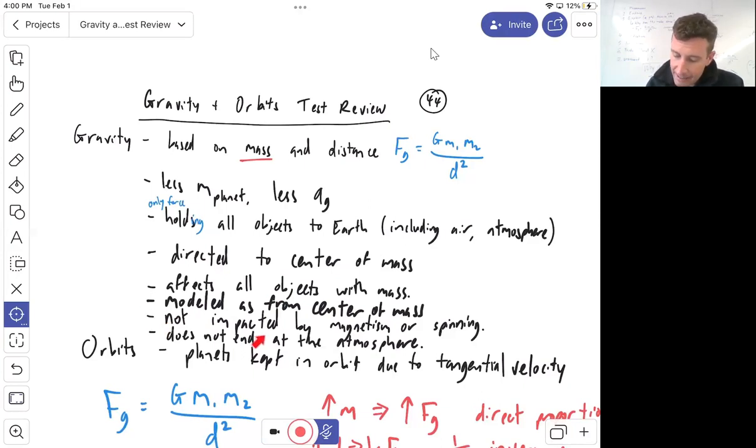Gravity is not impacted by magnetism or by the Earth spinning. It's just by the mass and the distance between those masses, and gravity does not end at the atmosphere. It continues out indefinitely, although it decreases at an inverse square rate. Okay,